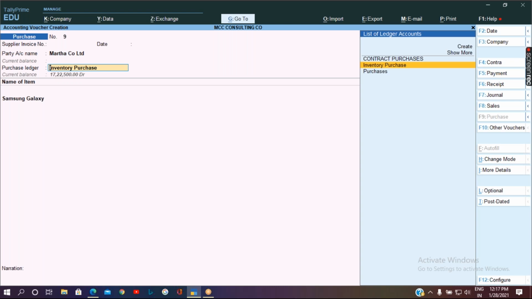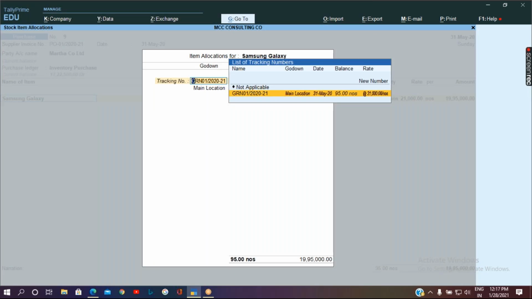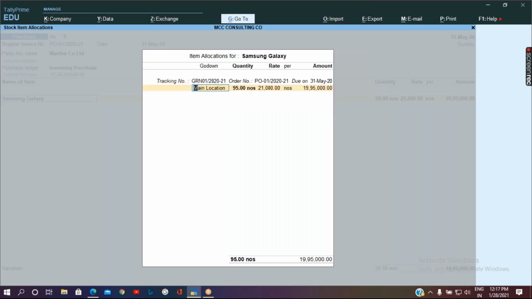Through the tracking number, the quantity we were supposed to raise the bill for, the same quantity it is going to take automatically. That is 95 quantity. Out of 100, we rejected 5 quantity, and now we were supposed to receive the bill for 95 quantity. So it has been selected with the same. And if you press enter, the same information will be placed over here.